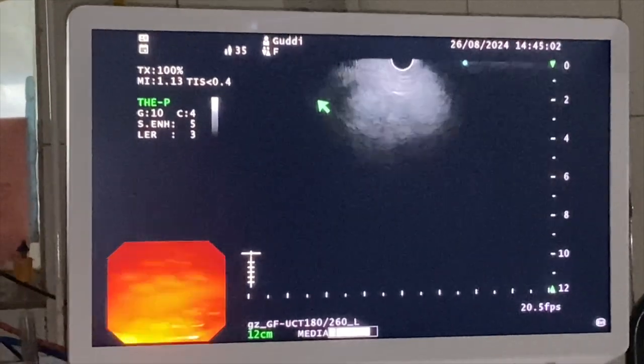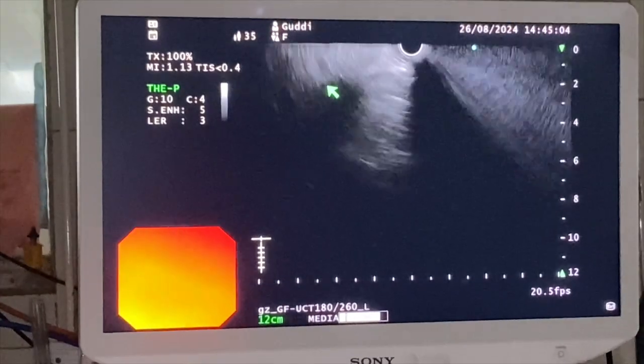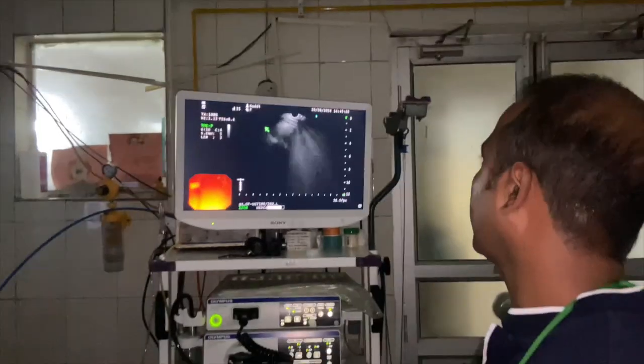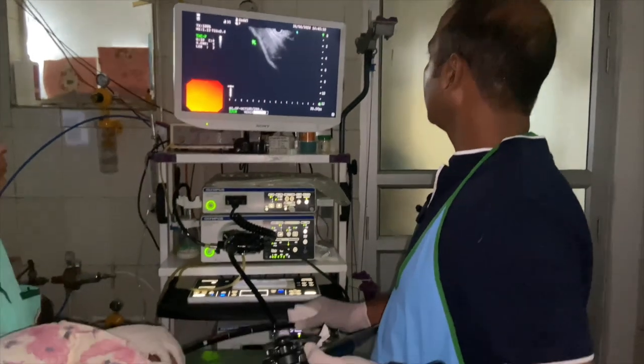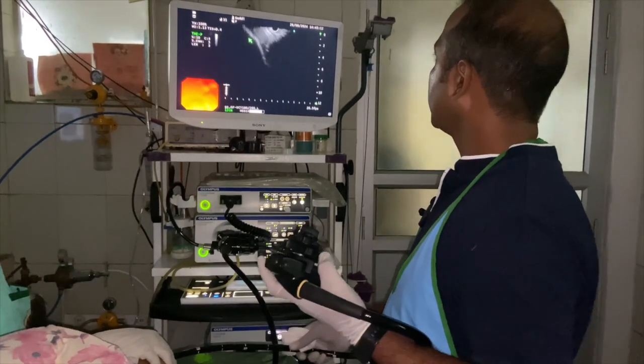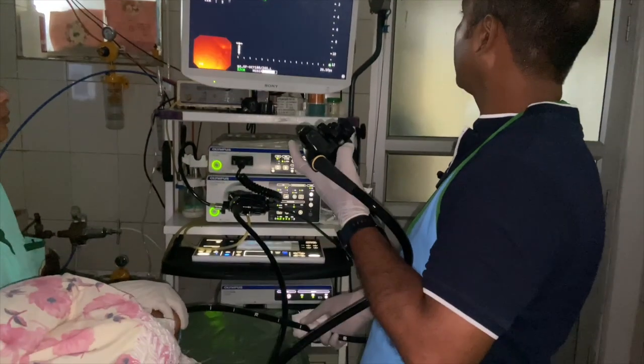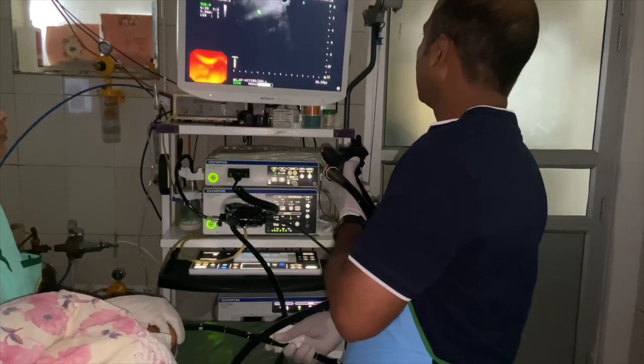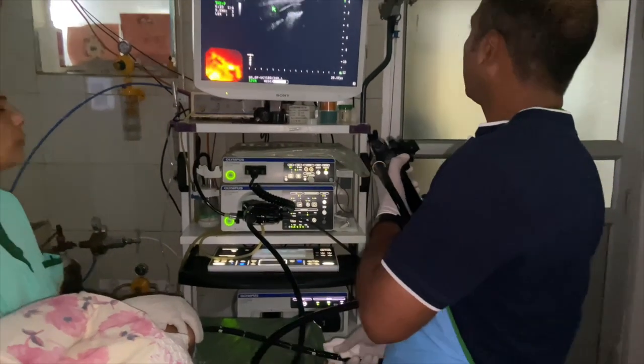So to enter into the second part of the duodenum, you should not give excessive force, or else you will perforate the duodenum. By gently moving across the angulature of the duodenum, you go into the second